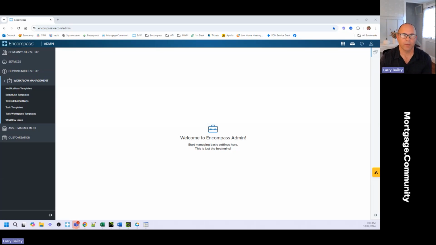All right, so we are going to go through what is scheduler and what are notification templates. First of all, scheduler is something that we've all struggled with in Encompass Desktop, because Encompass doesn't know what today is until you go into the file. And so it becomes this dance of all kinds of crazy concoctions of ideas.